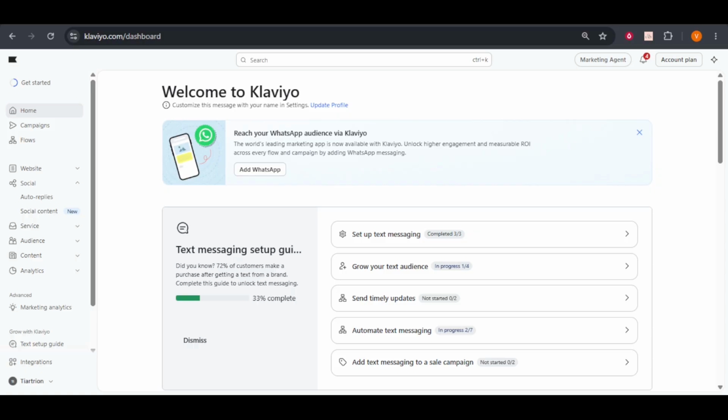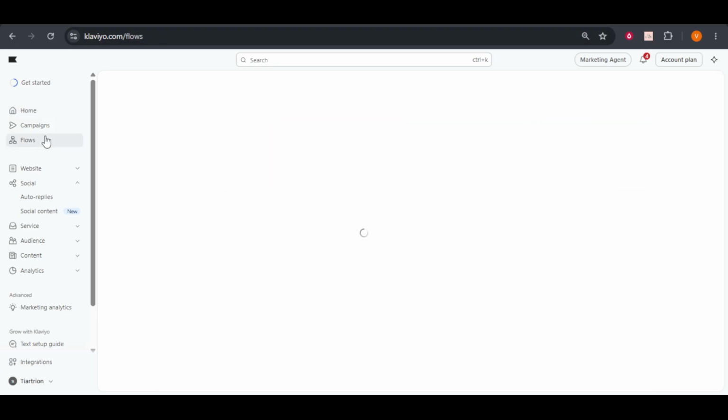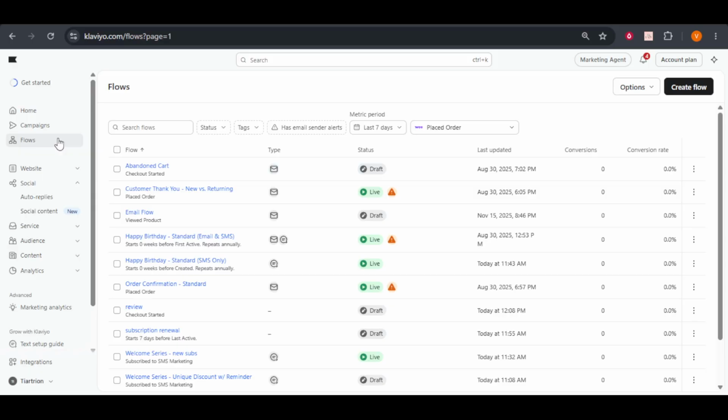customer care information. To get started, you'll want to navigate to your Klaviyo dashboard. Once you're there, look over to the left-hand side of the screen. You'll see a navigation sidebar. Find and click on the tab labeled Flows. This is where all the magic happens in Klaviyo, as it's the hub for creating and managing your automated email